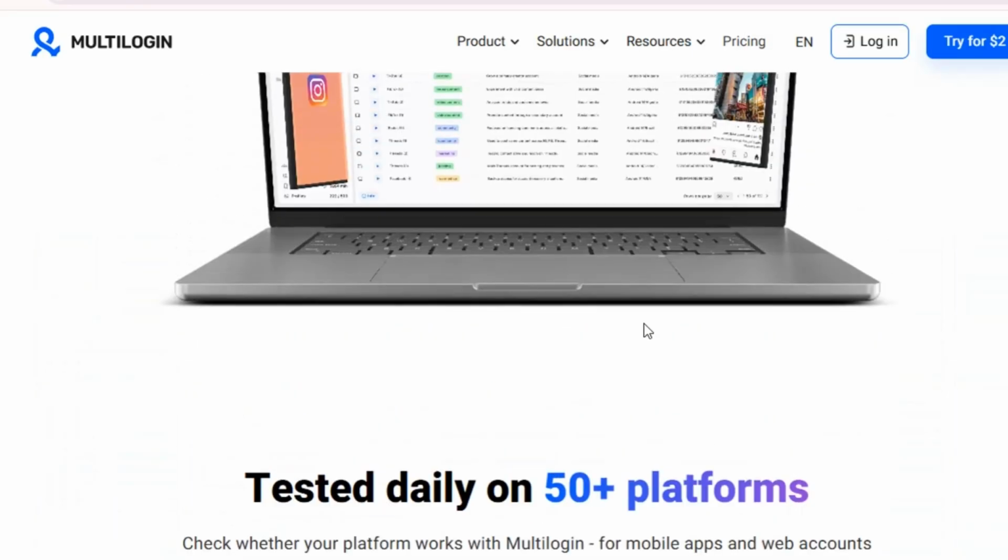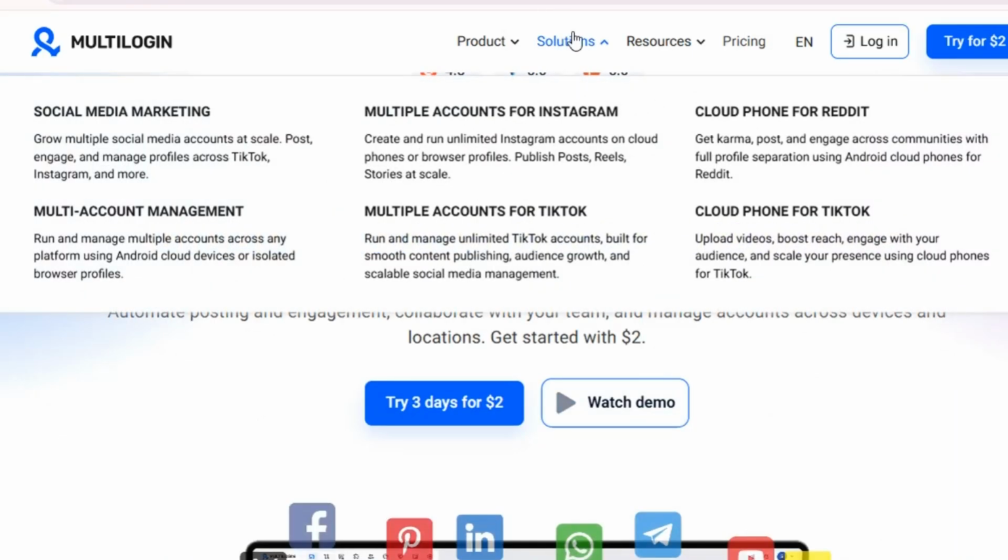for you to check. Okay, so I'm going to click on solutions. These are some of the things you can use your Multilogin for in real life. For social media marketing, running ads and growing multiple social media accounts at a go. Also, if you just want to manage multiple accounts for clients, you can use it to manage multiple accounts, not just for Instagram, but for TikTok, Facebook, X, and of course any social media platform that you want. Then CloudPhone, you can use it as your CloudPhone for several work from home jobs, not just